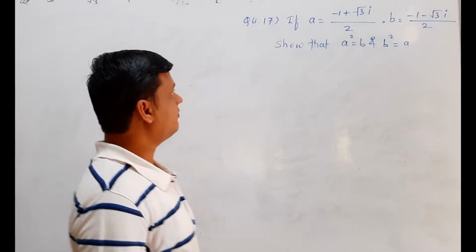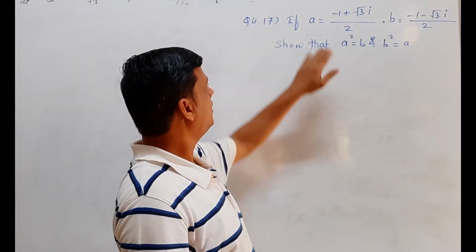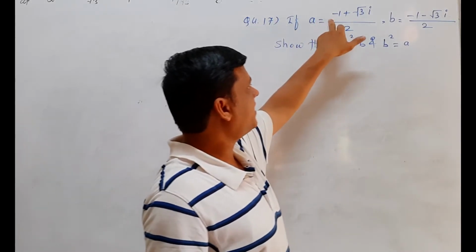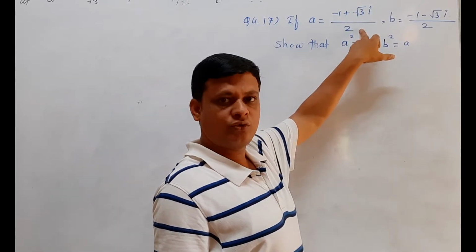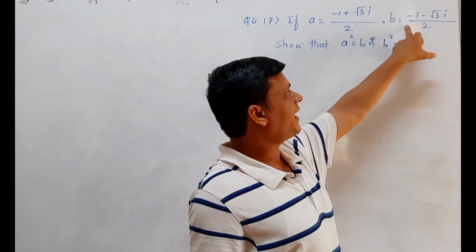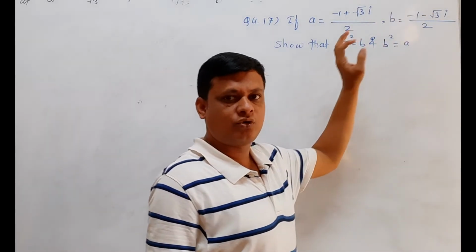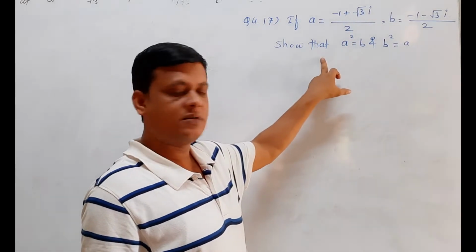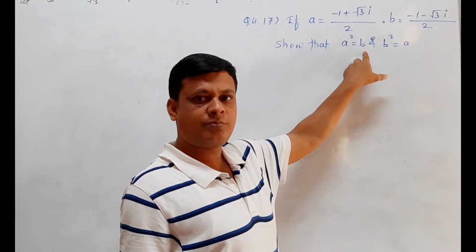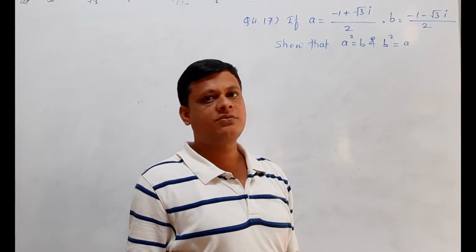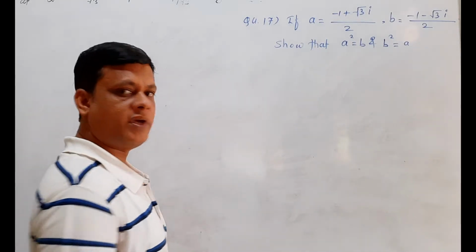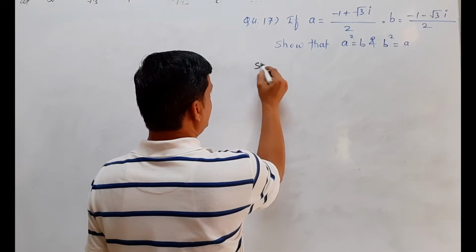Now see question number 17. If A equals to (minus 1 plus root 3i) upon 2, B equals to (minus 1 minus root 3i) upon 2, show that A square equals to B and B square equals to A. So we write here in solution,